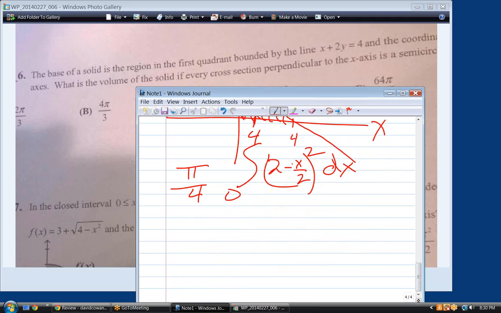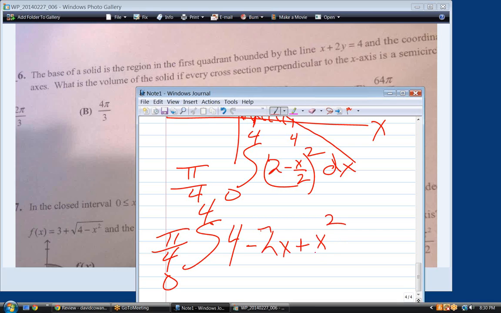How do we do that? Foil it. Yep. So this is 4 minus 2 of this times that, which is 2x, plus this squared, which is x squared over 4